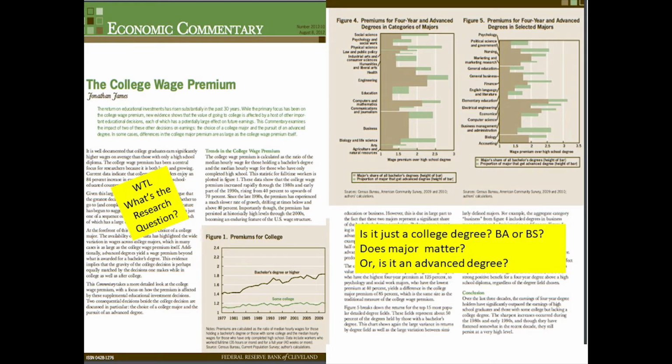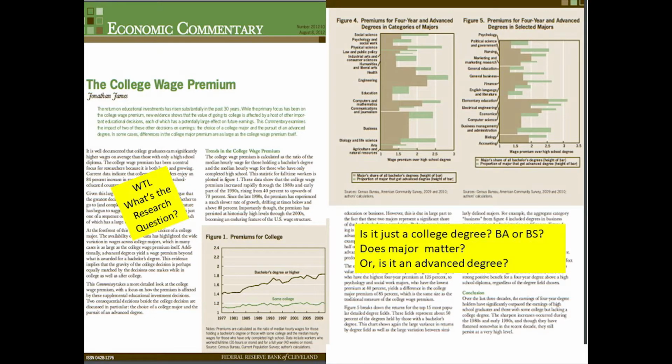You can do a writing to learn right there in class, a few minutes after they read it. Hey, what's the research question? What do you think he's really trying to explore? They don't have to get it right, because I'll talk about it anyway, but they get to put it down and think about it. Over here, we come back to this. This is what he's trying to explore, and then we go through the data systematically.